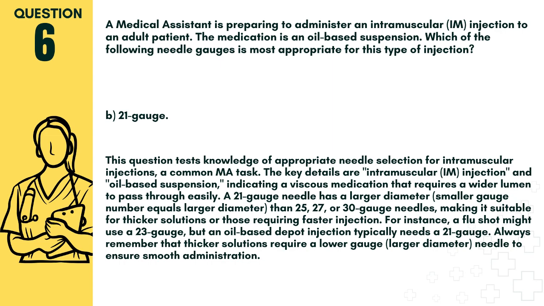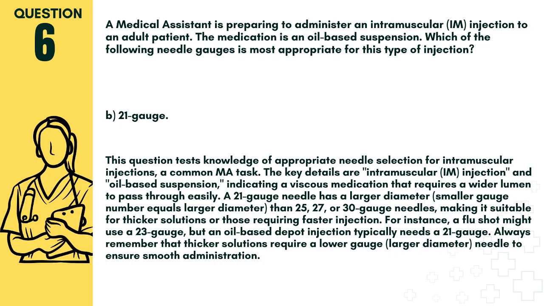Answer B. 21 gauge. This question tests knowledge of appropriate needle selection for intramuscular injections, a common MA task. The key details are intramuscular, IM, injection, and oil-based suspension, indicating a viscous medication that requires a wider lumen to